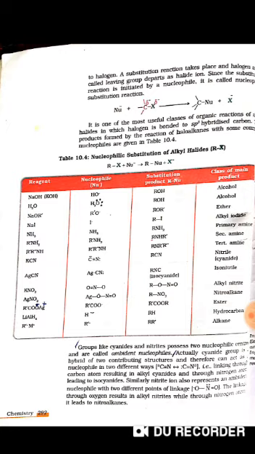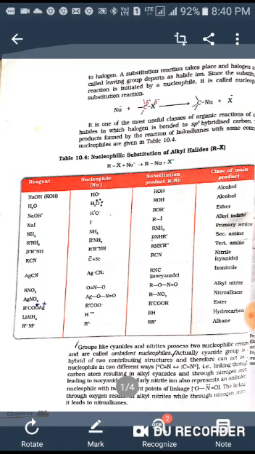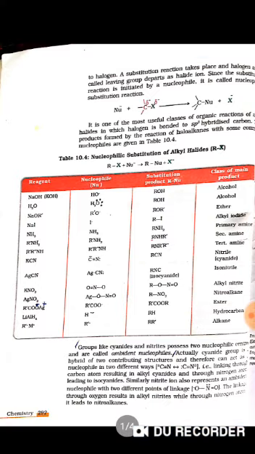The nucleophile which contains more than one nucleophilic center, like CN: in CN, one nucleophilic center is carbon negative and the second one is nitrogen. So this nucleophile can attack by either the carbon or nitrogen side, and this type of nucleophile is called an ambident nucleophile. Similarly, NO2 also contains two nucleophilic centers, one is O negative and the second one is nitrogen. This can be connected with the oxygen side or nitrogen side, so this is also an ambident nucleophile.